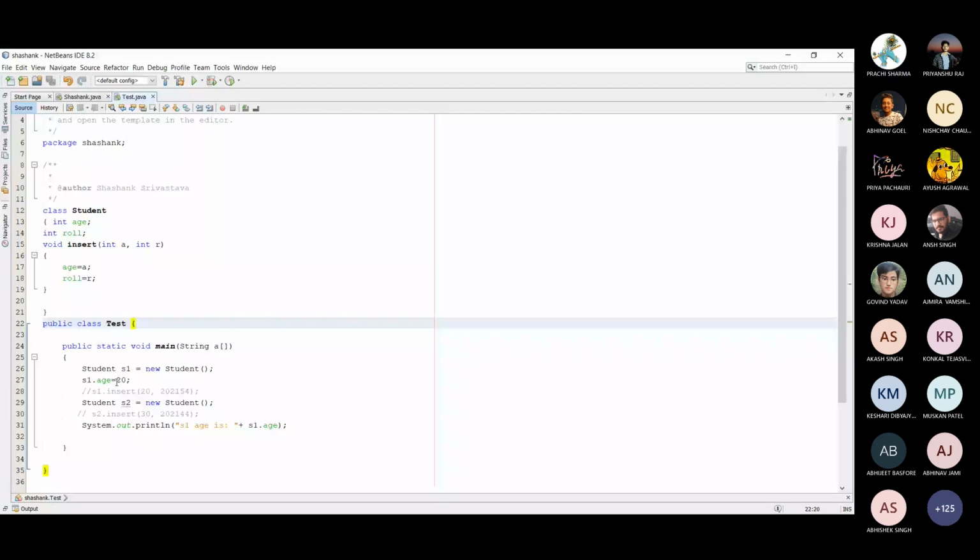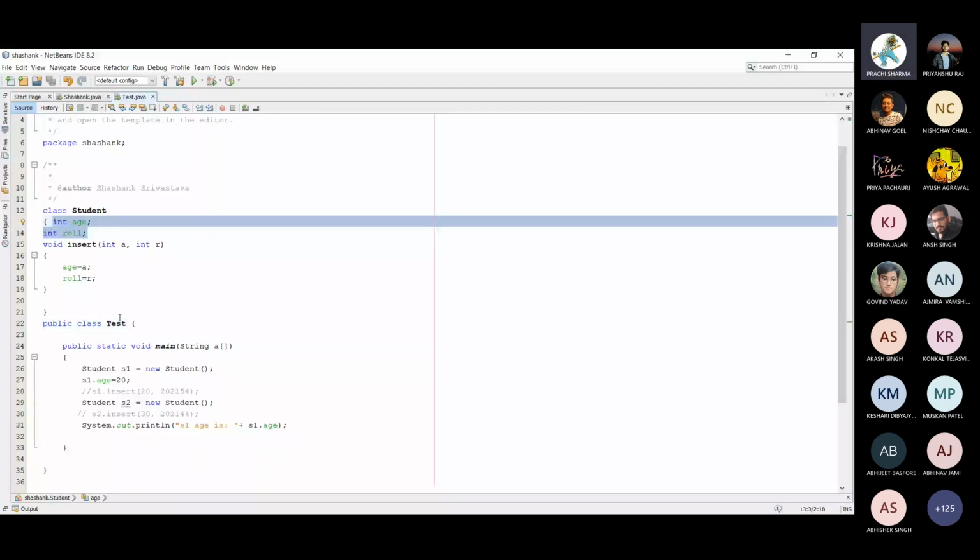Any object, if I am able to create the object of a particular class, I will be able to access data directly. So we interact with data directly here like this. But suppose I declare this data type as private,